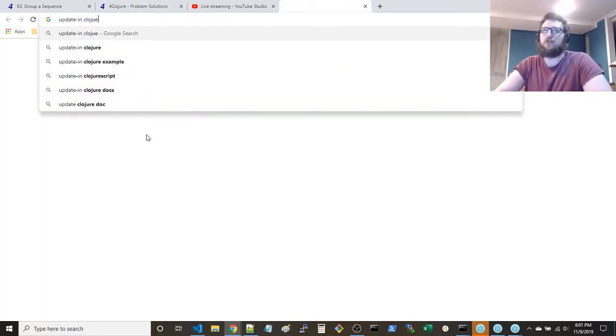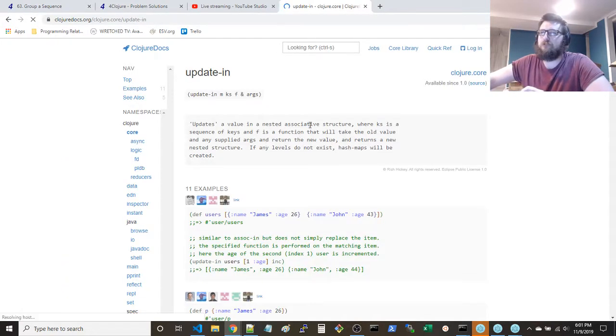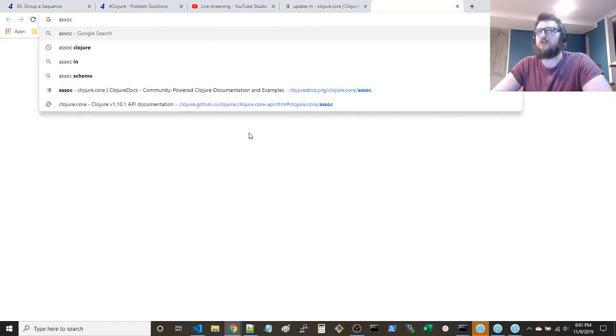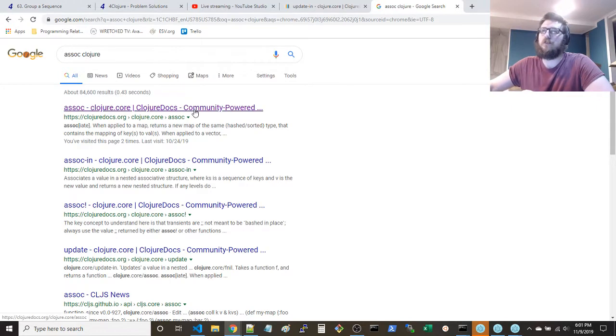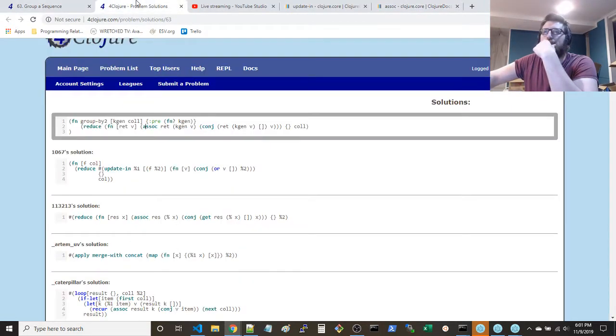I don't want to say there's no difference, but it's really similar. Nested associative structure, sequence of keys. Okay, this could be a sequence of keys, whereas associate is not necessarily a sequence of keys. So maybe you do want update in if you return a sequence of keys with this keygen.